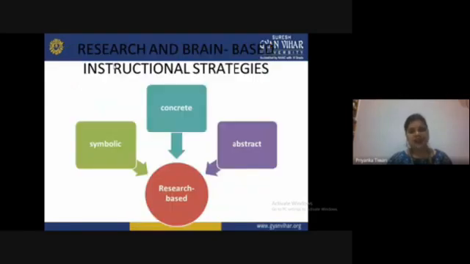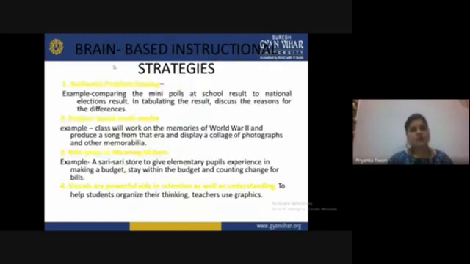Now, research and brain-based instructional strategies. Symbolic and concrete, and research-based abstract. Authentic problem solving, for example, comparing the school's poll results to national election results, tabulating the results, and discussing the reasons for the differences. Project-based multimedia, for example, the class will work on the memories of World War II and produce a song from that era,